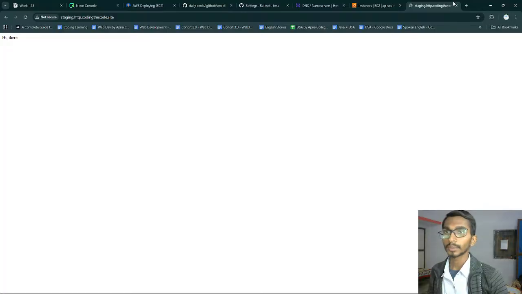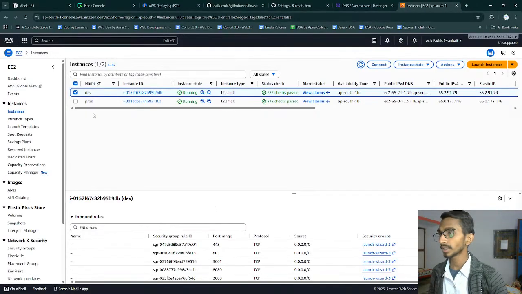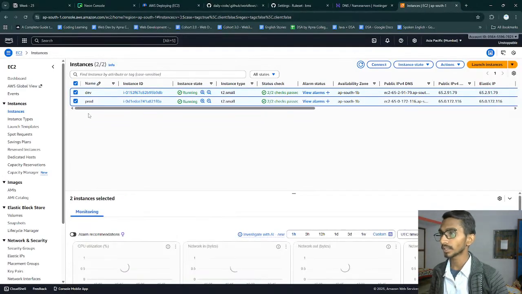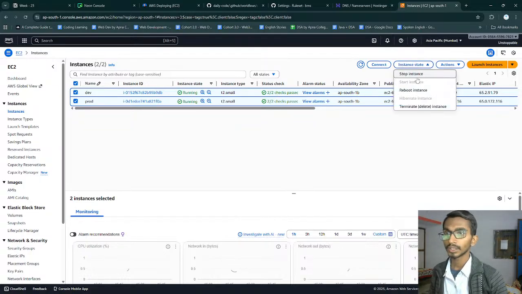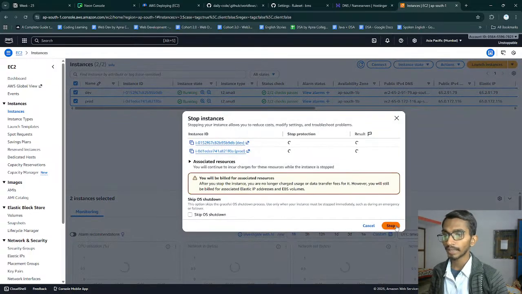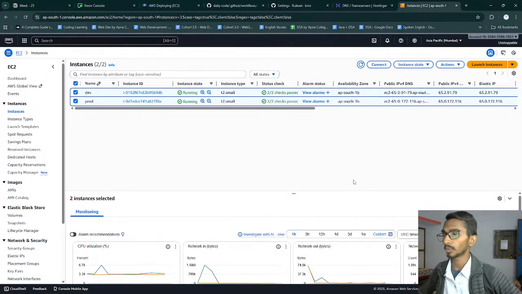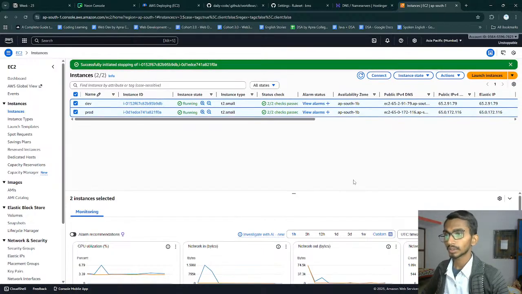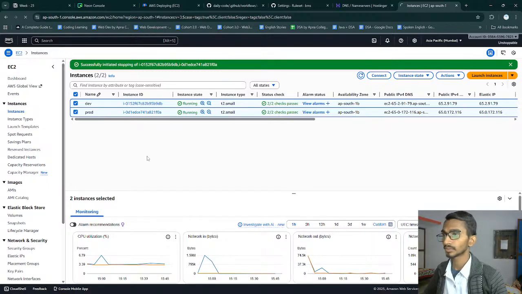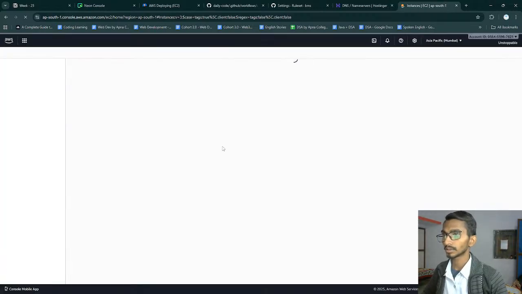As for the remaining things, first of all, the instances. These were the previous instances. First of all, I will have to simply stop these instances. Maybe I will have to run them again when I work on them, but for now let's simply turn them off. And as for the IP address, that will be automatically provided. I don't really have to mention that separately. So I think it's going to be stopped right now.